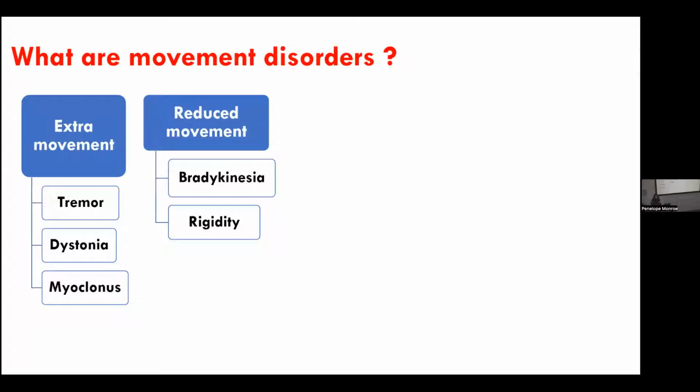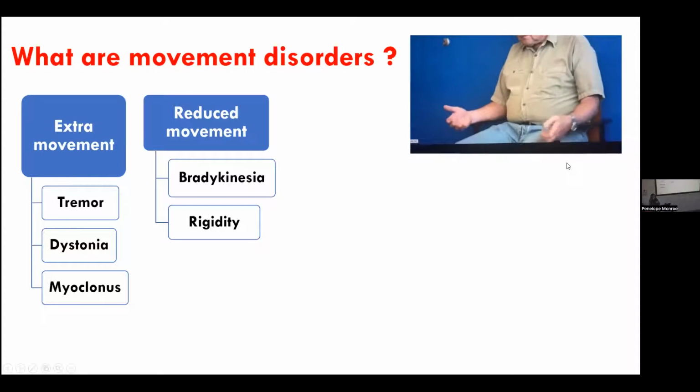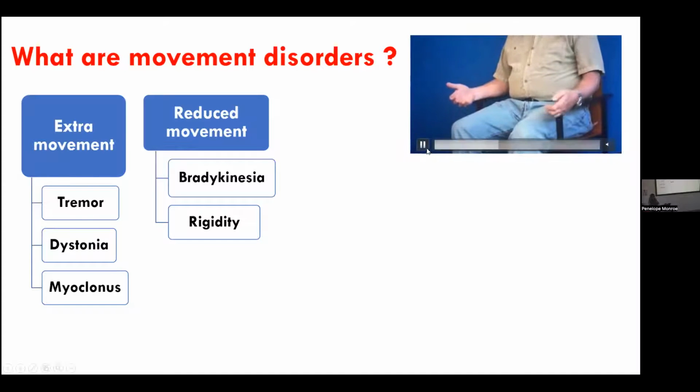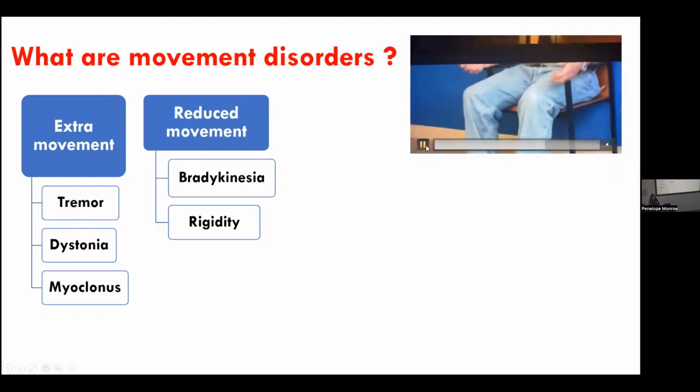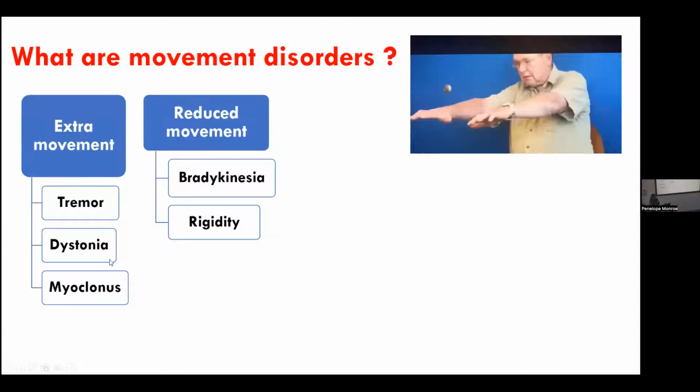We have extra movements and we have reduced movements. Some of these terms are a bit technical, so I thought the easiest way is to show you a video. Most of us are familiar with tremors. We can get tremors when we've had too much caffeine, or when we've inhaled our salbutamol inhaler too many times. You also get tremors in conditions such as Parkinson's, as in this gentleman who has a left-handed tremor, and then the camera will focus on his leg as well. You can see.